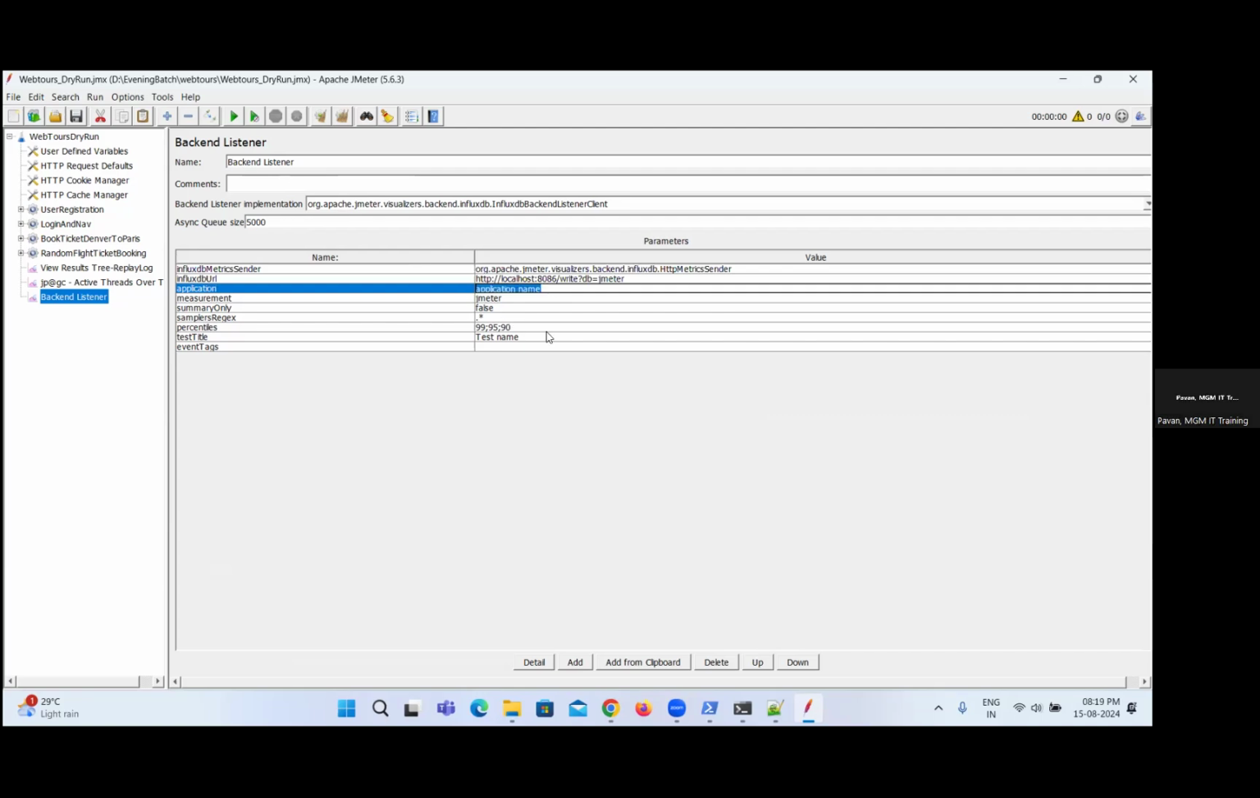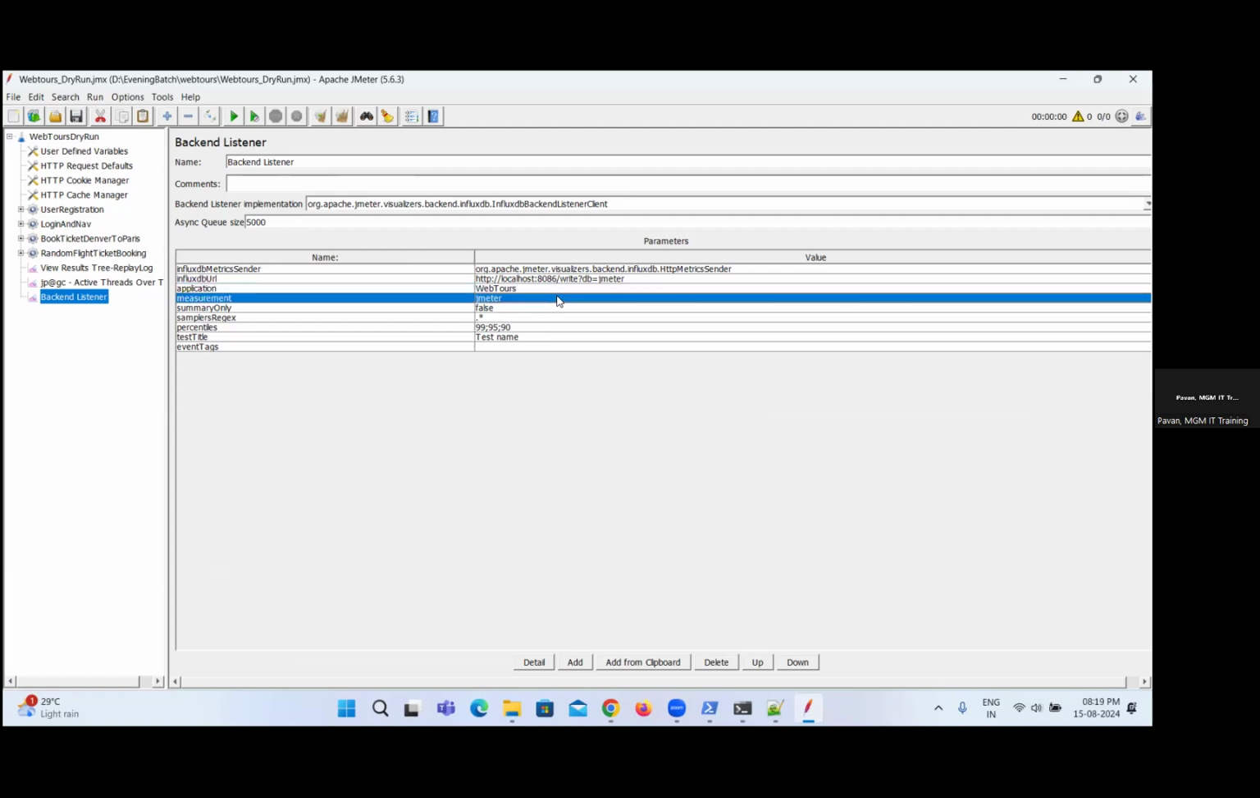Now here give your application name. Application name is nothing but WebTools. Give the application name as WebTools, all small. You can give anything, but type WebTools only. And then you have something called measurement. Measurement is nothing but a table. So there you give the table name as